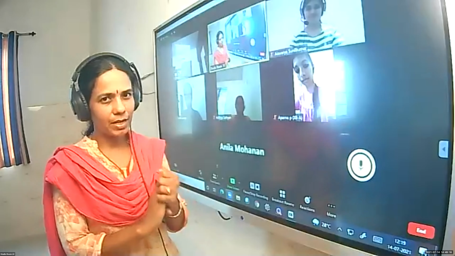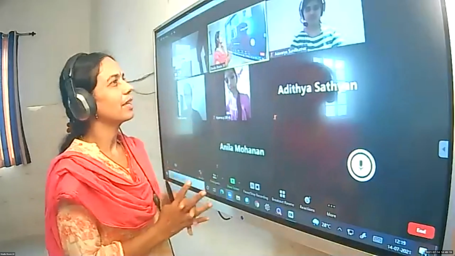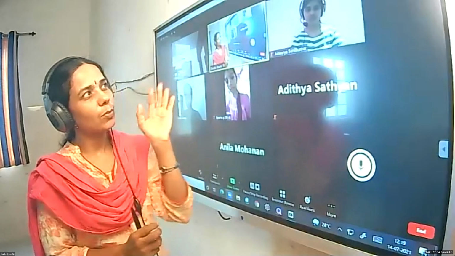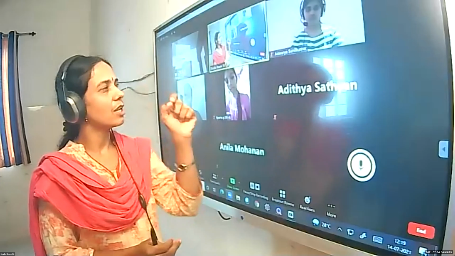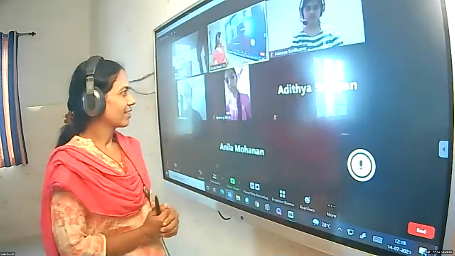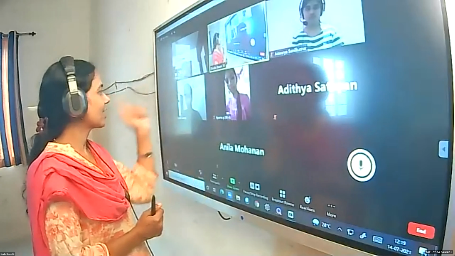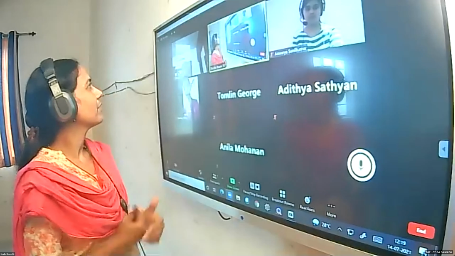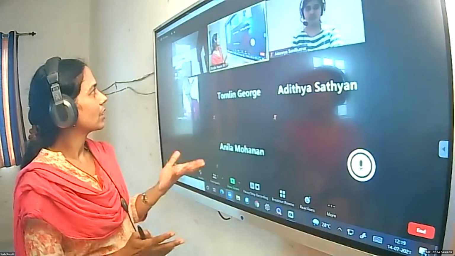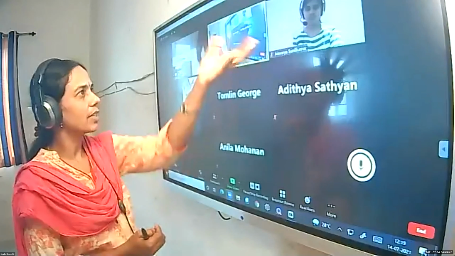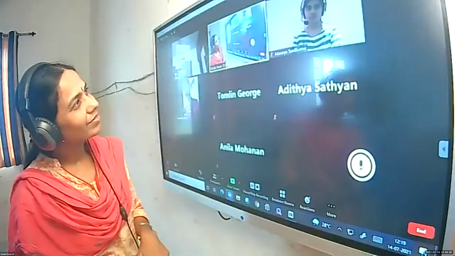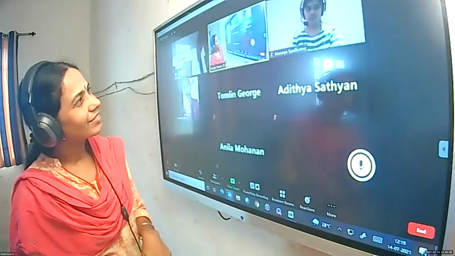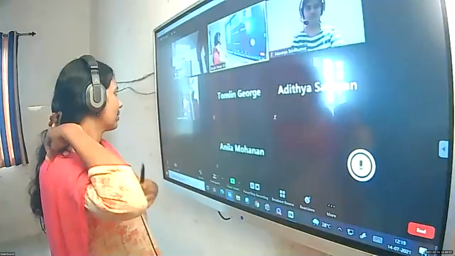Okay, listen children. Now I am going to ask a question. In the first problem, she didn't equate it to 0. In the second question, she equated it to 0. Why? In the second one, we equate it to 0 and there we are finding x. Why are we equating it to 0? Karthik? Aparna?